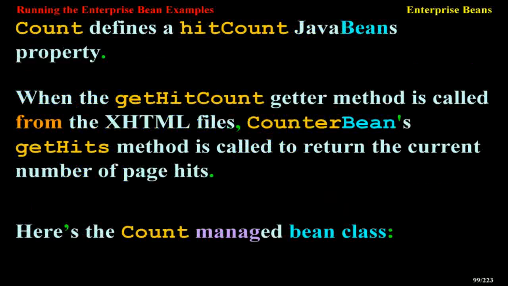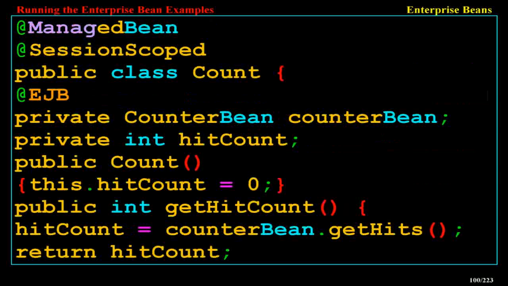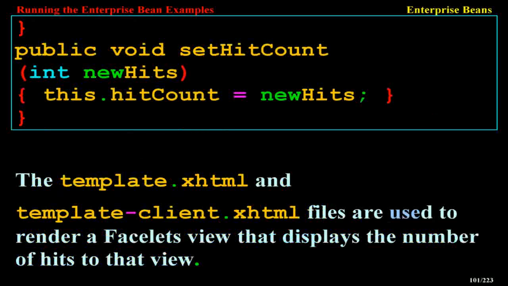Here's the Count managed bean class. @ManagedBean @SessionScoped public class Count { @EJB private CounterBean counterBean; private int hitCount; public Count() { this.hitCount = 0; } public int getHitCount() { hitCount = counterBean.getHits(); return hitCount; } public void setHitCount(int newHits) { this.hitCount = newHits; } }